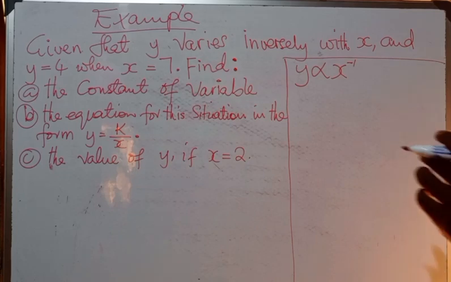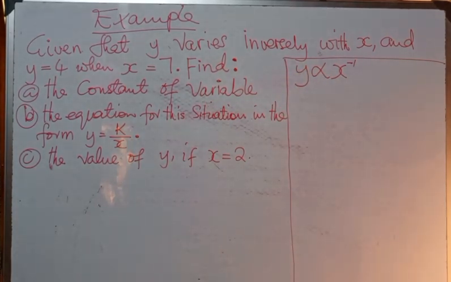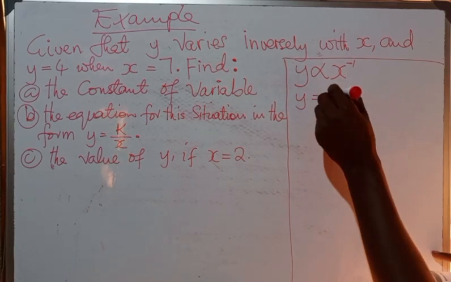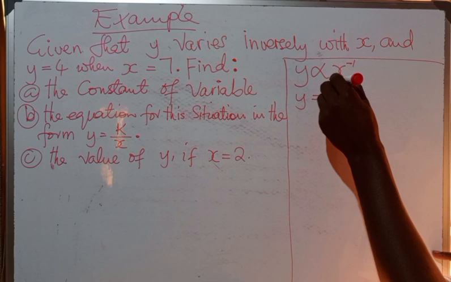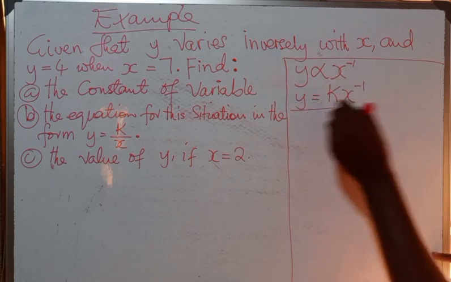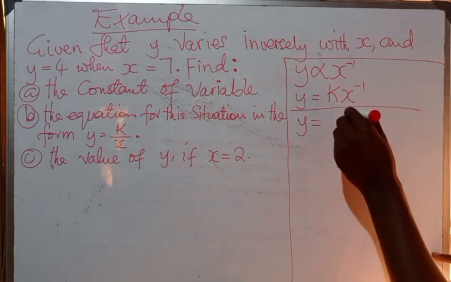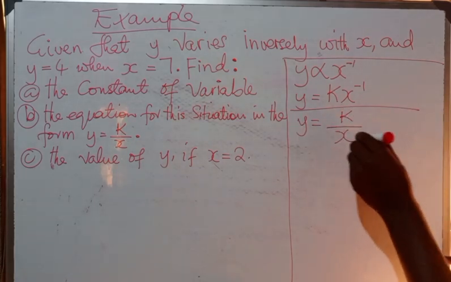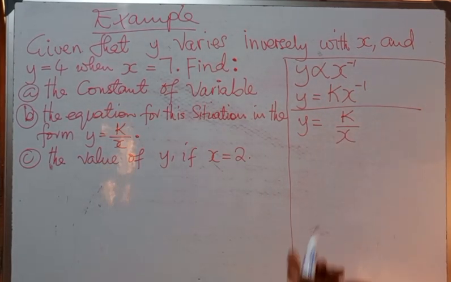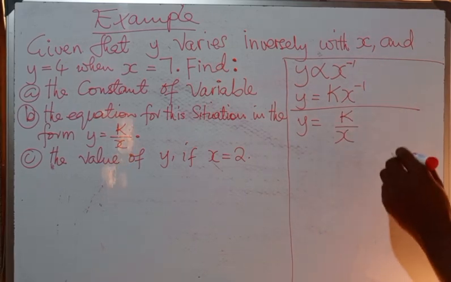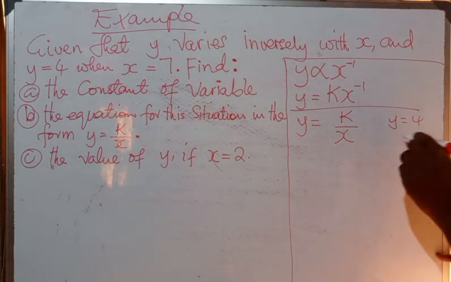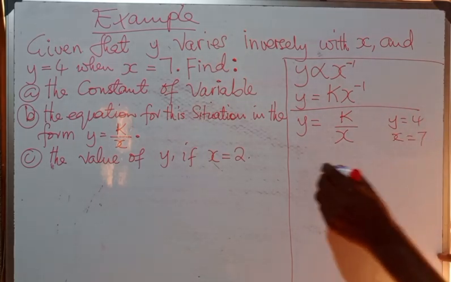By the way, in other books, we use this symbol to mean the variation, which I have not shown from the very beginning, but I want to believe it has been understood. So this one will be k and x to the power -1. In short, just write y is equal to k over x. That is the inverse variation. Since x is not squared, what are we finding? Finding the constant k. Our y is 4, our x is 7. So we are going to have